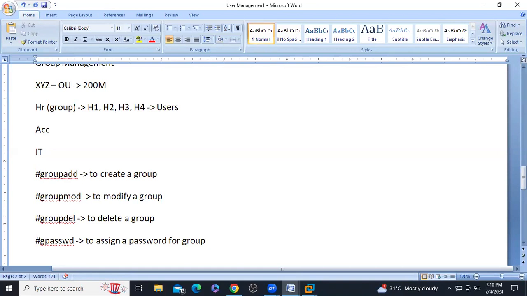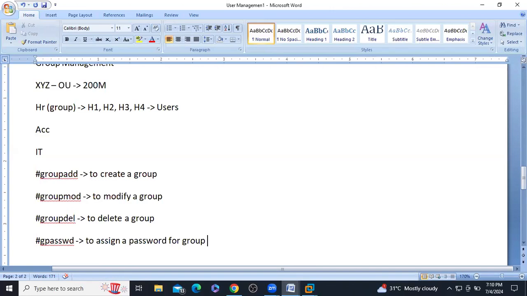So in group management, we are going to discuss four commands. groupadd to create a group, groupmod to modify the group properties, groupdel to delete the group, and gpasswd to assign the password for a group. And not only assigning the password, we can do so many things.